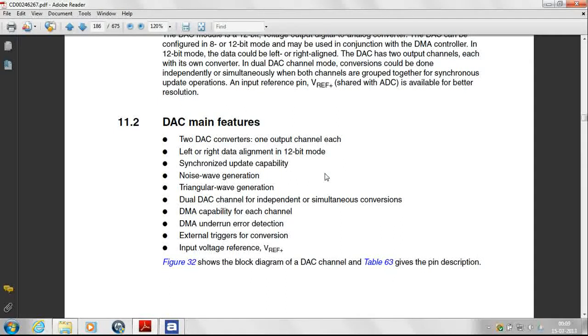We'll be covering timers as well in different modules. These timers can be used as a trigger for triggering the DAC conversions. We'll be using software triggering right now in this module. Also, there is an input voltage reference which is available for resolution purpose. All this can be studied from the data sheet and used when real applications are being dealt with.